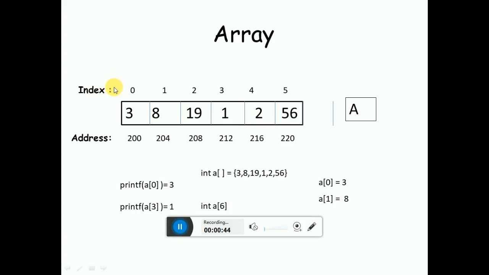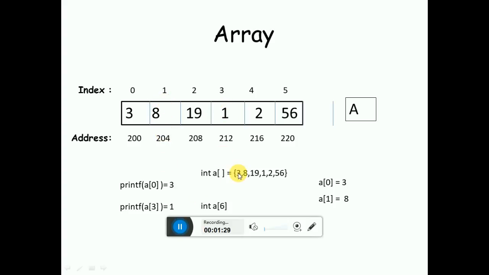And remember one thing, in computers the index starts from 0, and this address is a random address. I have given it for convenience. All of you know that an integer takes 4 bytes, so it's 200, then 204, and so on. Suppose its array name is a. You know how to print an array, how to go through the elements in an array. So a[0] means we are moving to the first element. So a[0] is 3, then a[3] is 1.